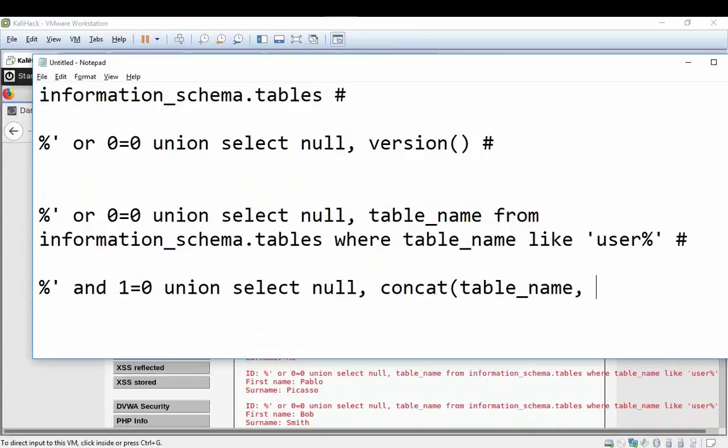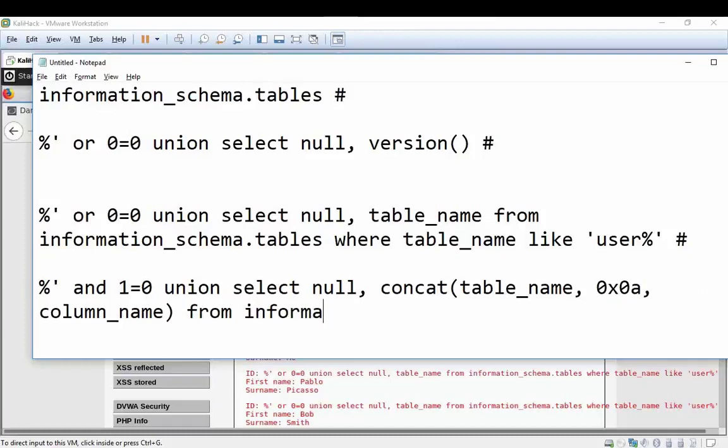For that, like \n is there, here we can use the hex format. And then we want the column name, and then we'll close this concat method, and we'll be selecting from